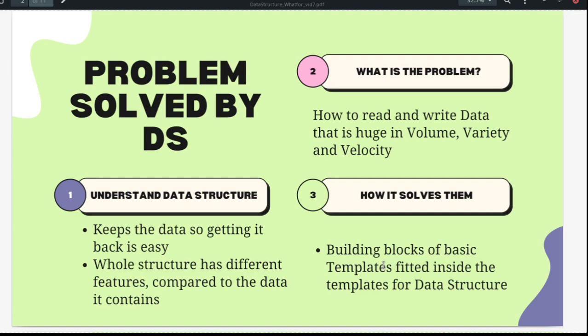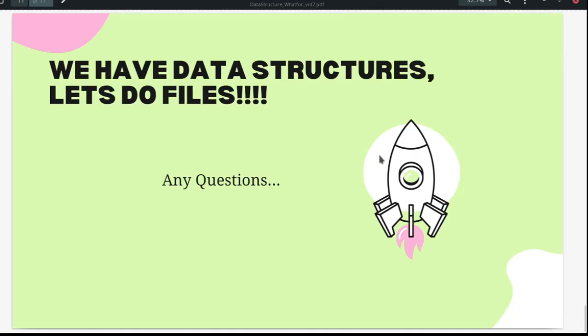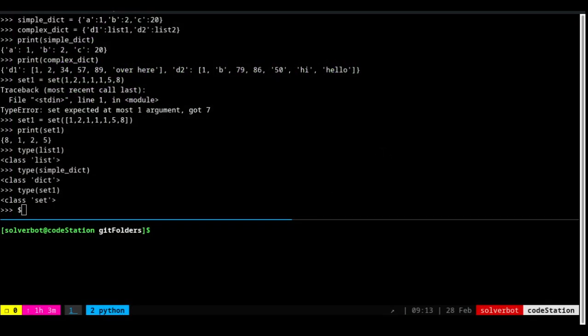That is where we are going to have a lot of fun with files, because now we have data structures in our hand. We understand the very important concept in Python. You really understand. That is the power of this particular video. After this, we can start working on input output from the real world. The input output from the real world is going to happen using two ways. Either you as a human being input the data through the command line, like how we are doing, where we give all the information step by step and type it in, or you actually give it